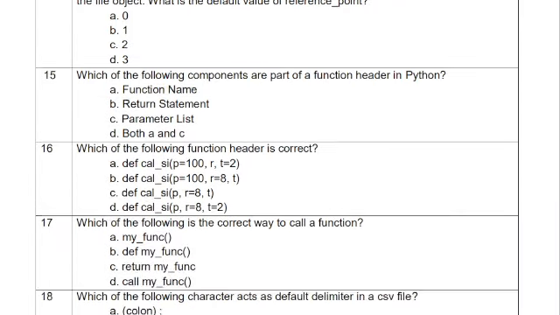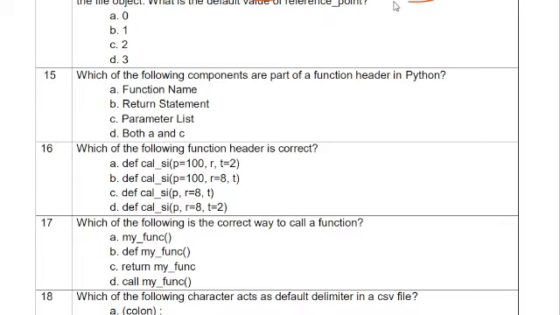Okay, then the syntax of the seek function in Python: myFile.seek(offset, reference point), where myFile is the file object. Then what is the default value of the reference point? Go through this seek function, everyone. It is a very important function.